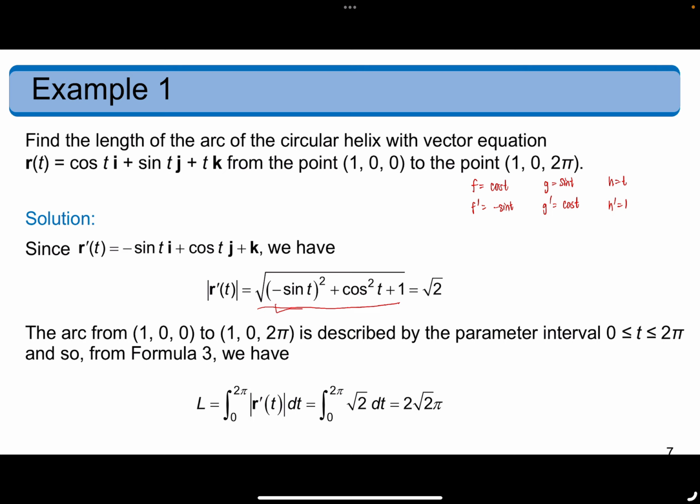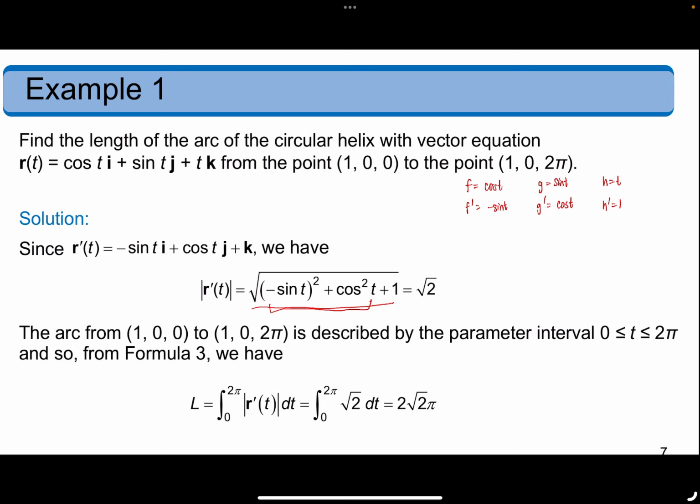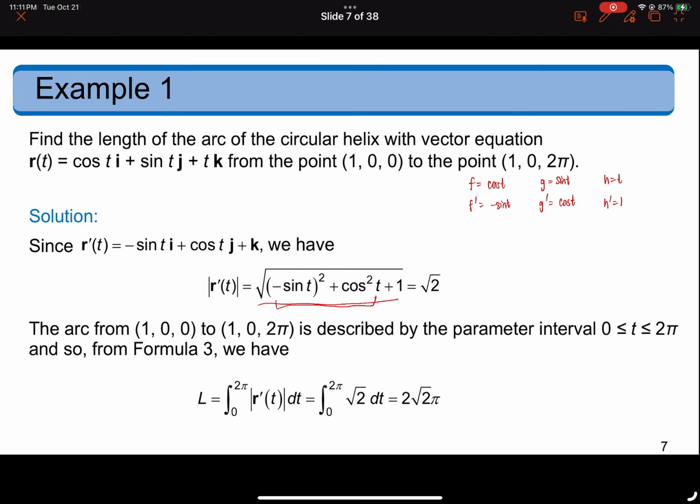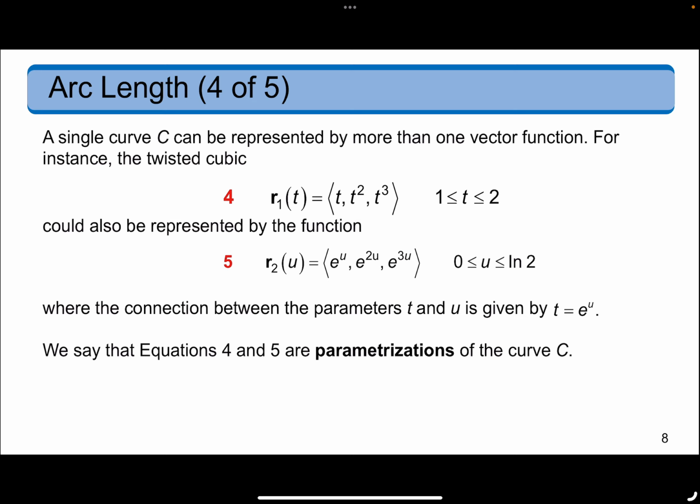So take note that sine squared plus cosine squared is 1. Next, a single curve C can be represented by more than one vector function. For instance, a twisted cubic r1 of t is equal to t, t squared, and t cubed for t from 1 to 2 could also be represented by the function: if t is e to the u, so t squared is e to the 2u, and t cubed is e to the 3u, where u is from 0 to ln 2,